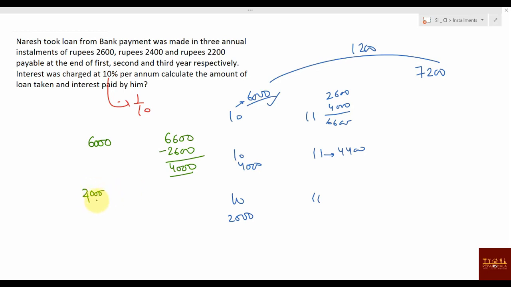Now 4,000, and how much interest you should pay here? 10% again, so this will become 4,400. But in 4,400, how much you paid? You have paid only 2,400. So how much is the standing amount now? 2,000. This 2,000 will be the principal here for the third year, and on this you have to give the interest, so it will be 2,200. And these are the installments. When you pay this 2,200 amount, your loan will be over. So this one is the EMI, this one is the EMI, and this one is the EMI. Now it is clear. So this whole process I have just reversed it. Clear? Now I think this idea is clear.